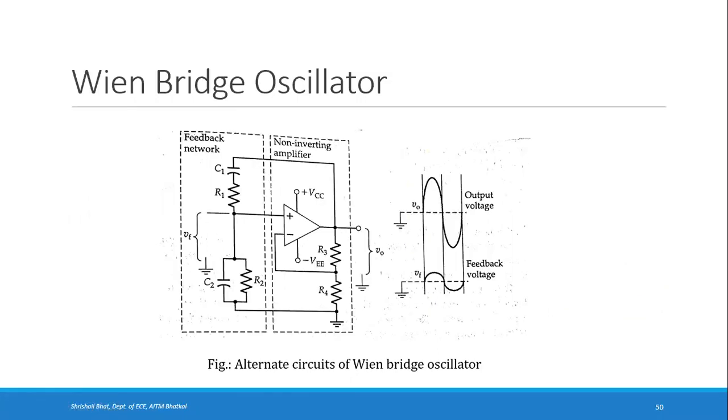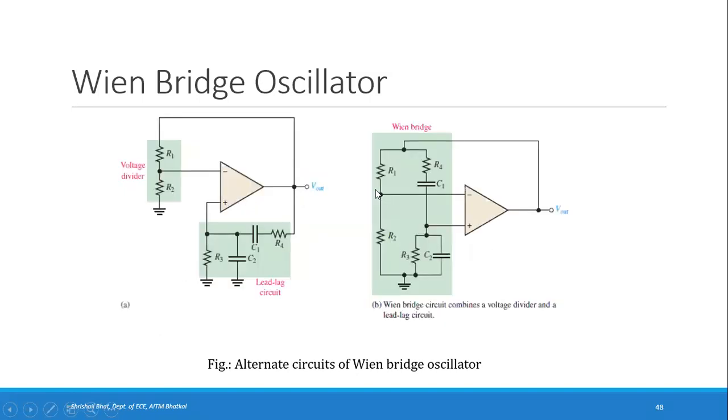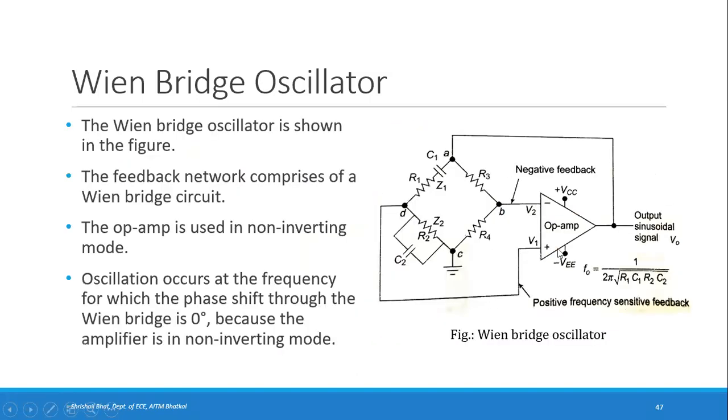This is yet another consideration, where this is the non-inverting amplifier part and this is the feedback part. You should remember the feedback is given as the input voltage to the non-inverting input, and this is your normal non-inverting amplifier. So in everything, you should remember that you have the op-amp in non-inverting amplifier mode, so whatever feedback you are getting should be given to the non-inverting terminal as the input.